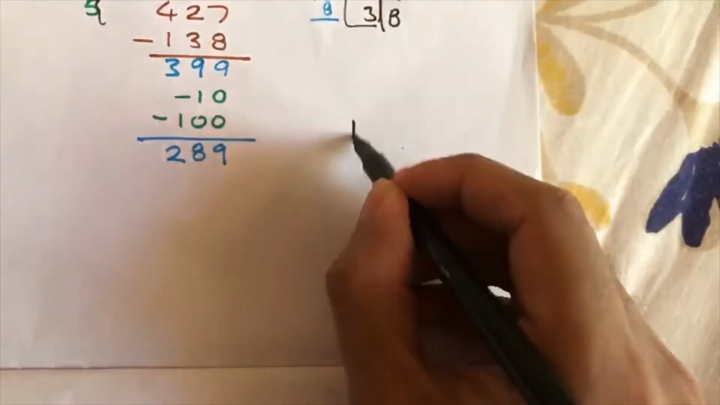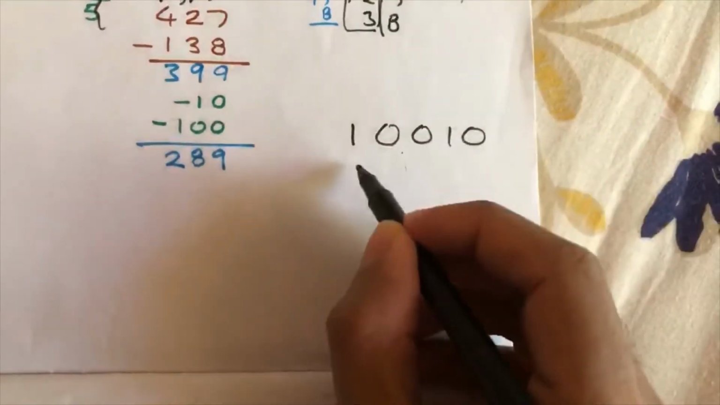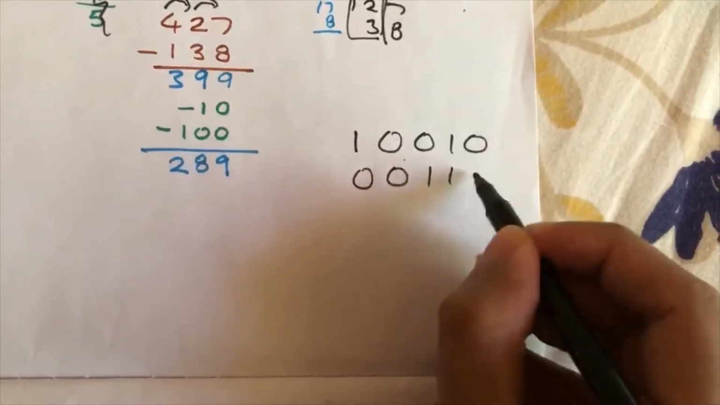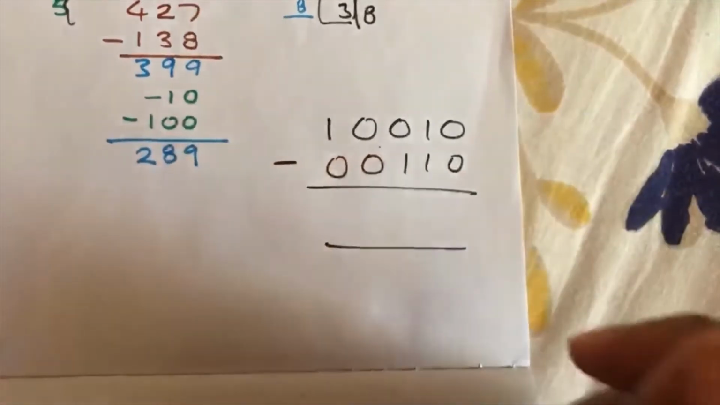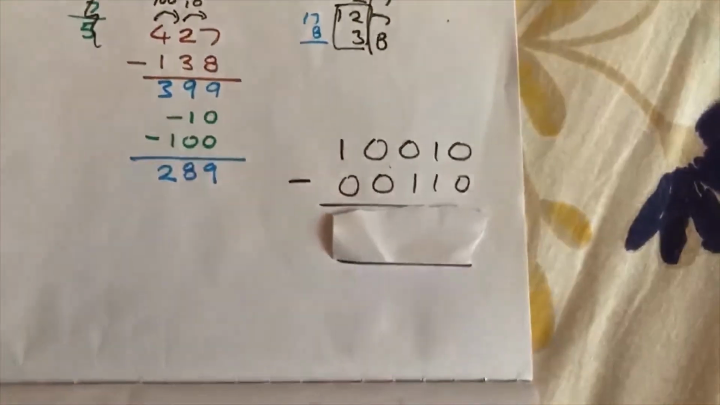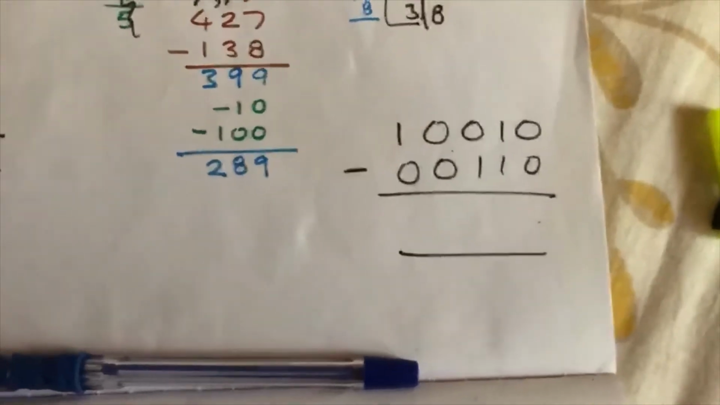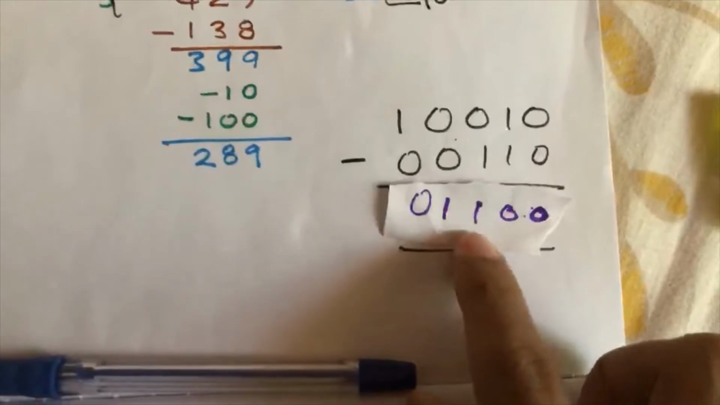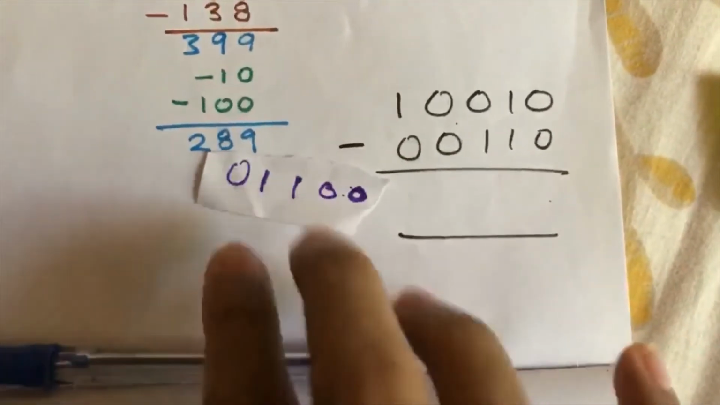You have two numbers, 10010 and 01011. You need to subtract them. Now we know that the answer you should get, subtracting these two, is 01100. That's what you're supposed to get. But to get this, first we need to do our